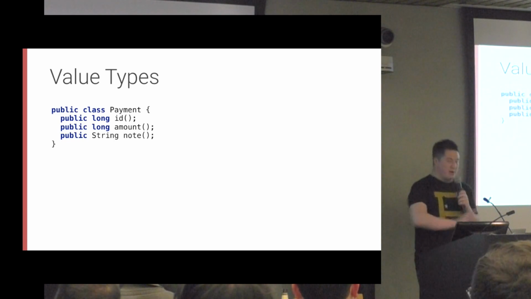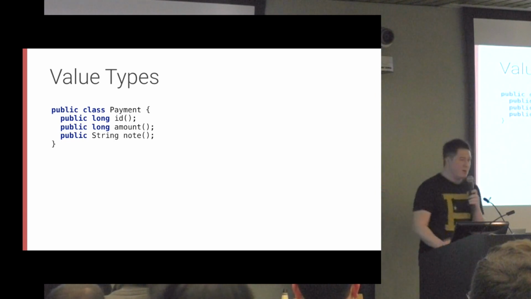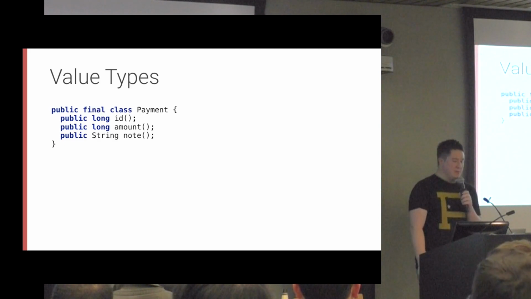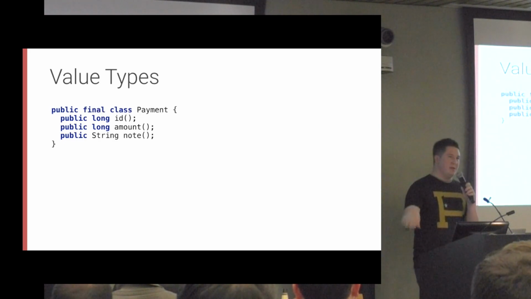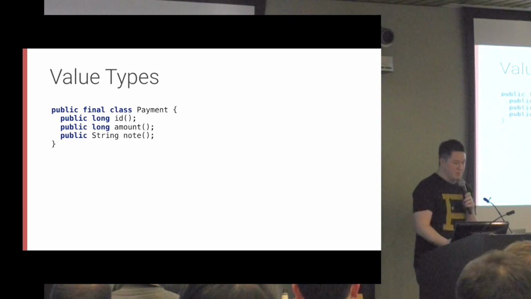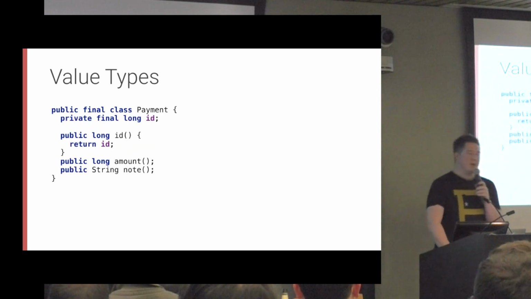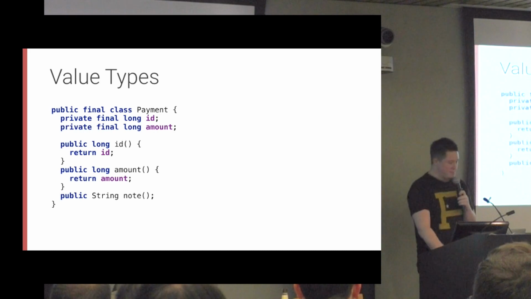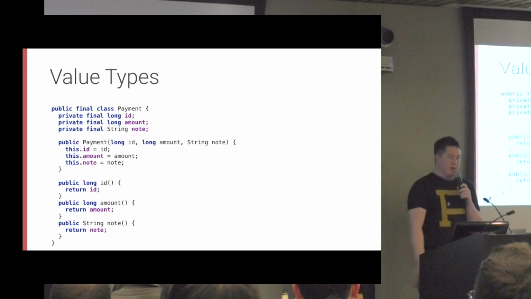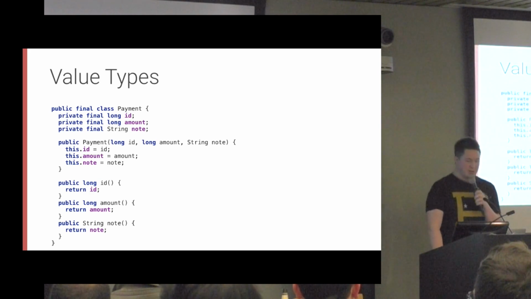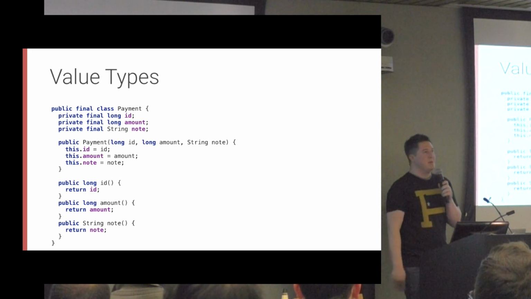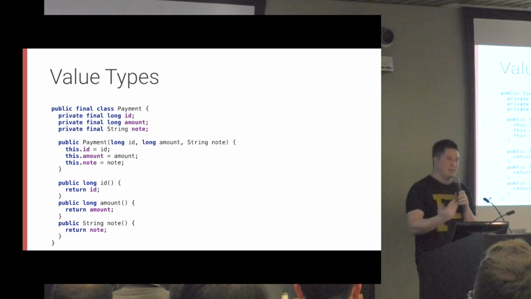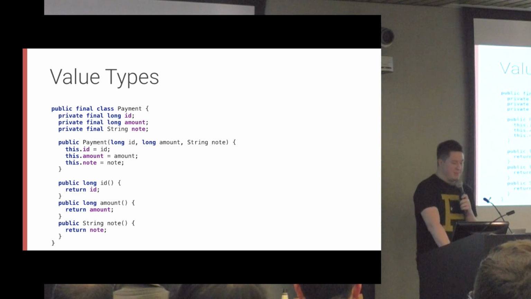So if we were ignoring AutoValue and we wanted to turn this simple class into a value type, let's take a look at what we would have to do. Well, if it's immutable, we don't want anyone subclassing us and being able to override that immutability aspect. So we would make it final. And then we would just start filling in these properties with private values that we then return from our methods. And then finally, we need a way to create these instances, so we'll just add a constructor. And so now we mostly have a value type, except it's not quite a value type because we're missing some